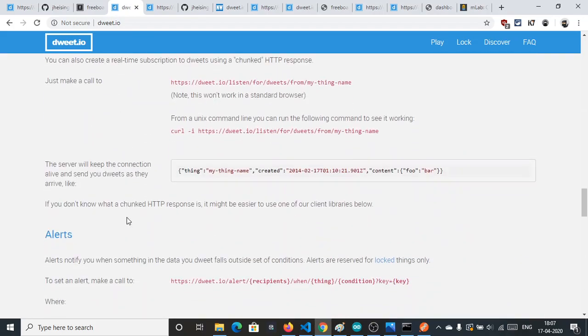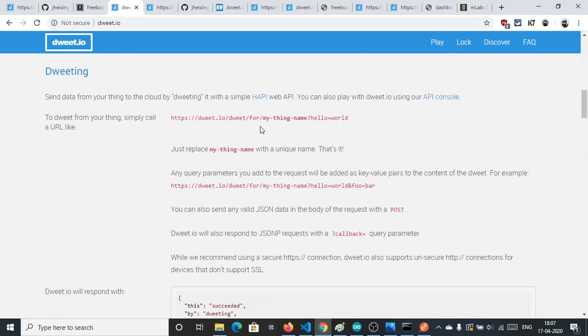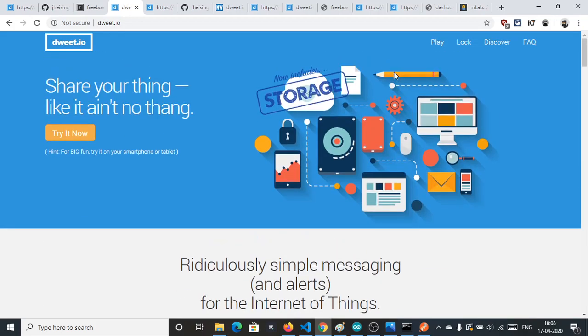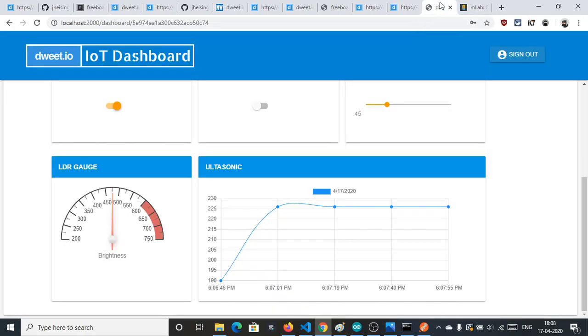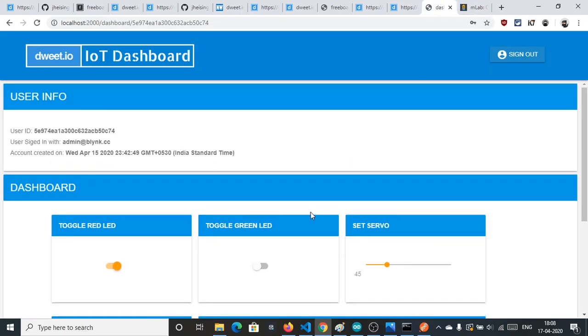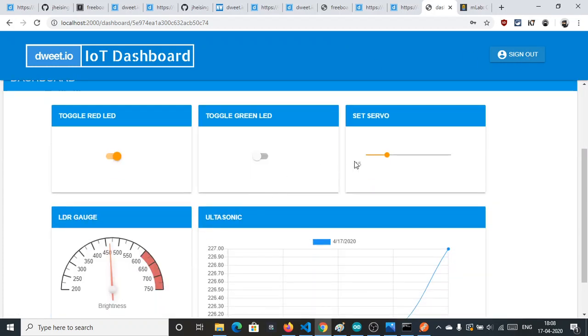So this is the basics of doit.io, and now we will watch our demo, how the demo works, and review the code, Arduino code, and after that Node.js code. That's the motive of this session, to explain everything about doit.io, Node.js, how the authentication works, and how these things are sending data using doit.io.